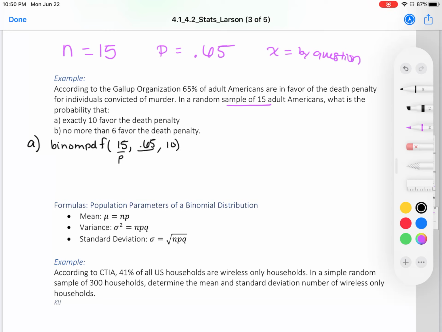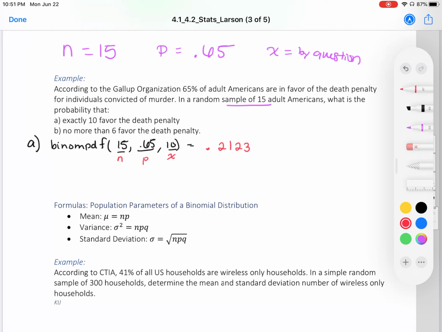So 10. So that first number is your N, that second number is your P, and that would be your X. And your answer is